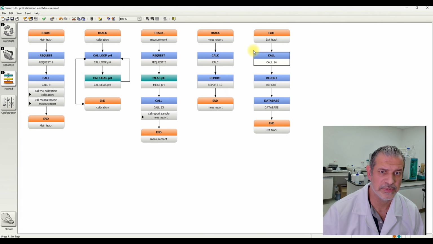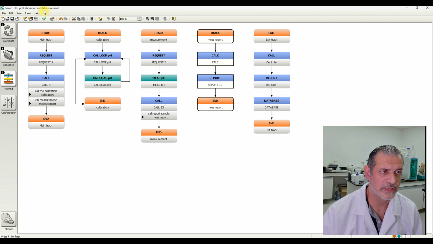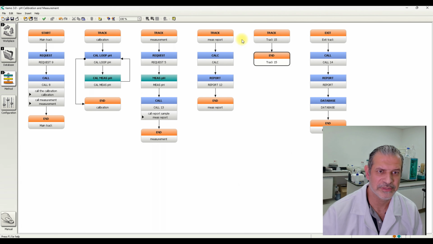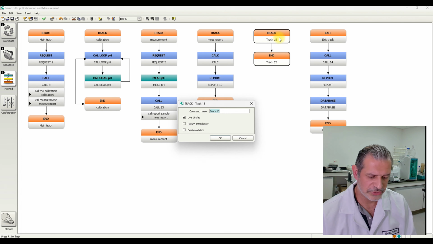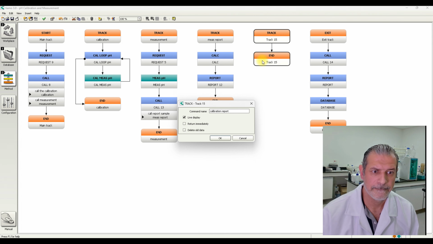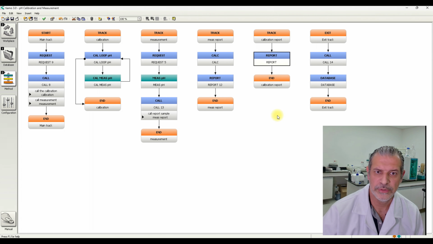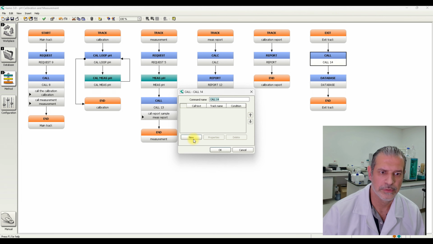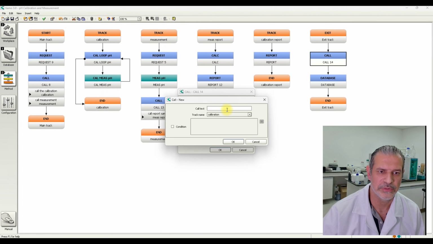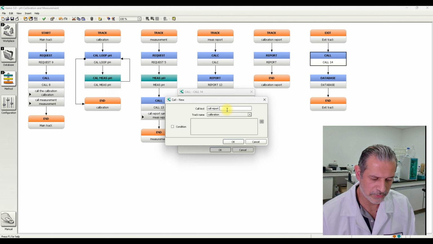This is not right. So we need to put this in another place. We are going to put here with the call for the report. So yeah, we need another track. It was right. Just change the name, calibration report. So we just put the calibration report here. And this call, in the end, in the exit track, will call this calibration report for us. So new call report calibration